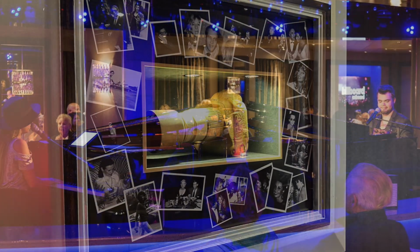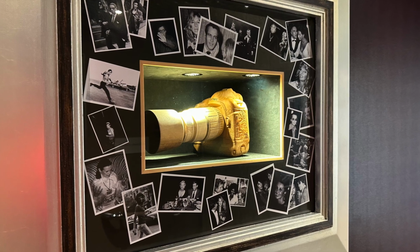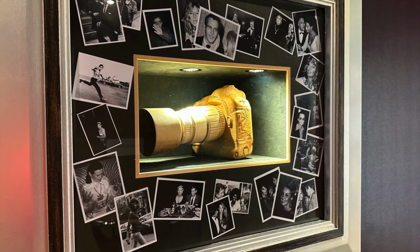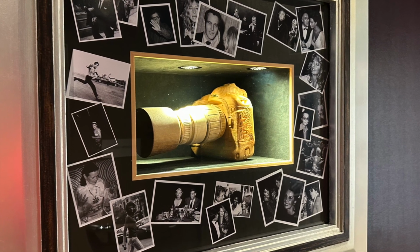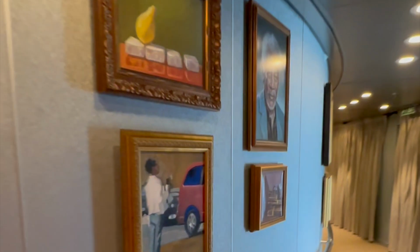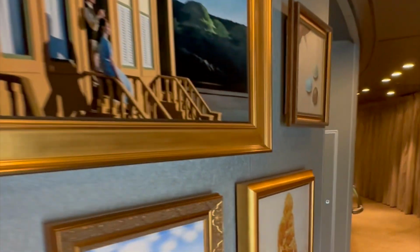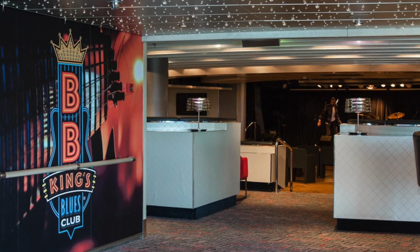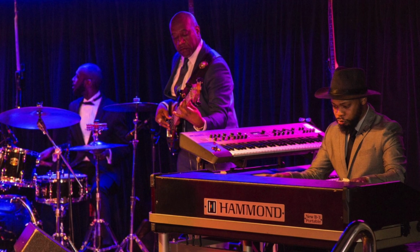Work of the famed photographer Ron Galella, who worked in New York in the 1960s and 70s, is on display, along with a wooden camera made by an Italian artist. Or if you're feeling a little soulful, then take the gallery walk from the casino over to B.B. King's Blues Club. Here, the live music focuses on R&B hits, with a dance floor for you to dance the